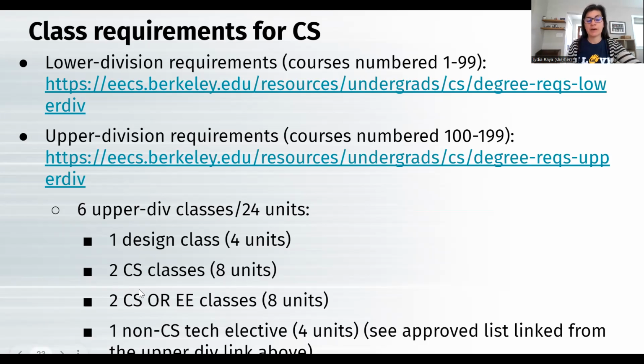So like the student who asked about getting into EE classes, you can take EE upper division and it will count for your major. You could actually take up to 4 classes because you could take an EE design class. You could take 2 EE upper division here at the 3rd bullet, and then your non-CS tech elective could also be EE. So if you're really interested in electrical engineering, you can still study that as a CS major. But your tech elective does need to fall outside of CS. And you can find the approved list that's linked through the upper division link here.